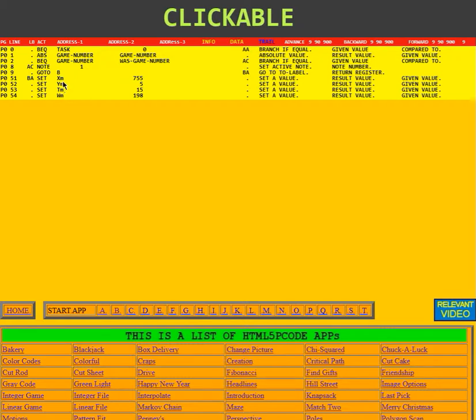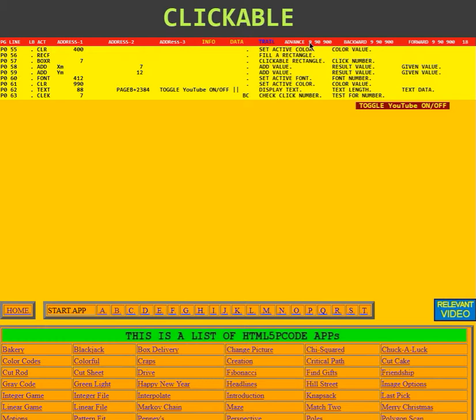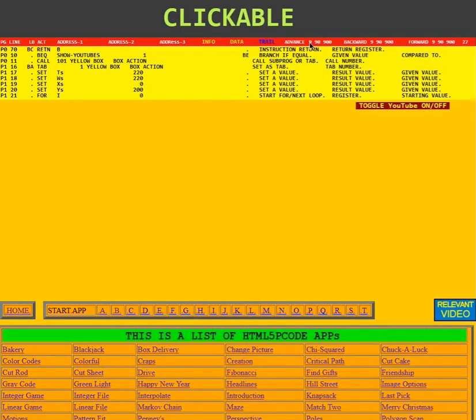And here we see it starting that subroutine. What we're going to do is wait until it gets back to instruction 10 of the main program. So we're going to advance 9 more, and here we see it returning to instruction 10. That instruction also has to do with the YouTube video, so we'll skip it, but it does go to instruction 11, which says call subprogram 1 tab number 1,